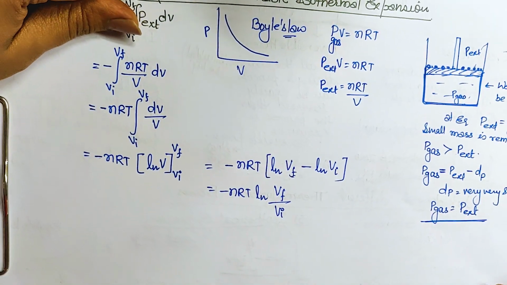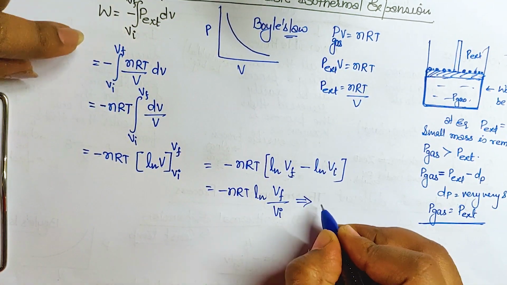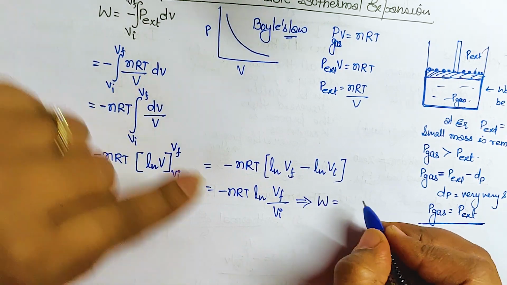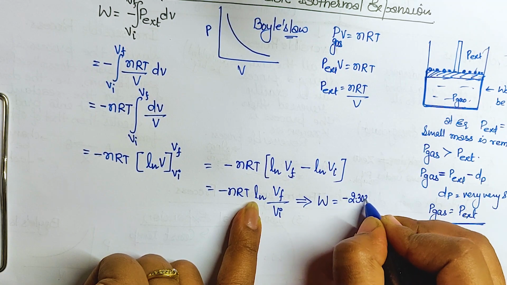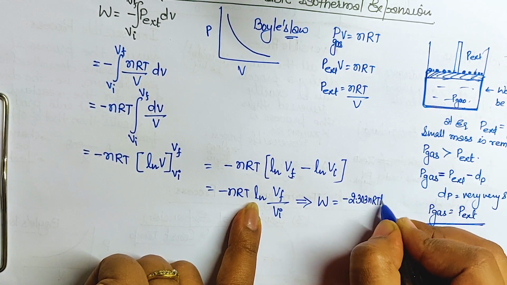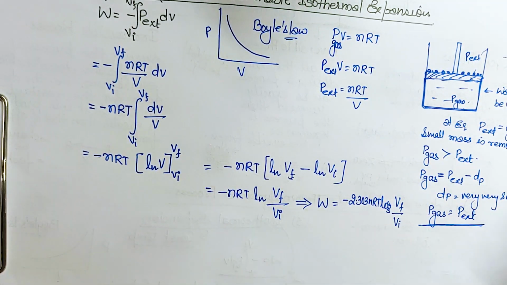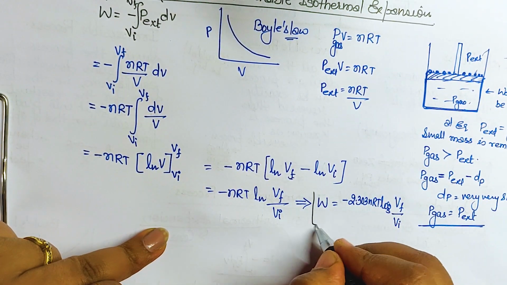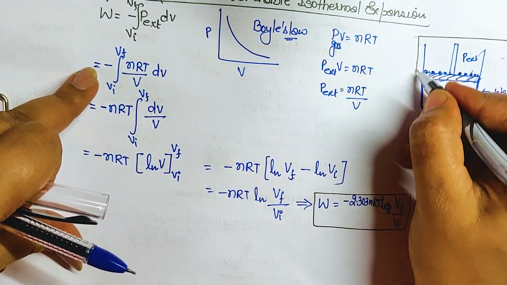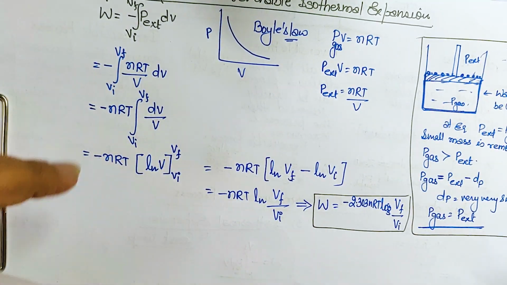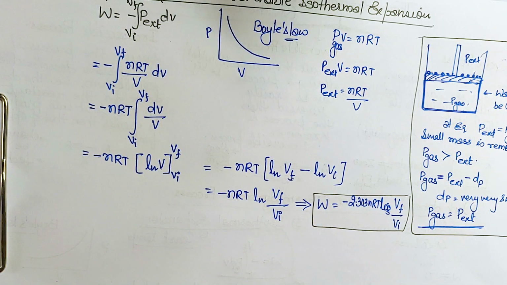So what we have to do, we have to convert this into log to the base 10. So here we can get the work done is equal to, in place of ln we will put, minus 2.303 nRT log V final upon V initial. This is the formula. These are the things to know. So I have explained. Okay, so this is the formula for work done